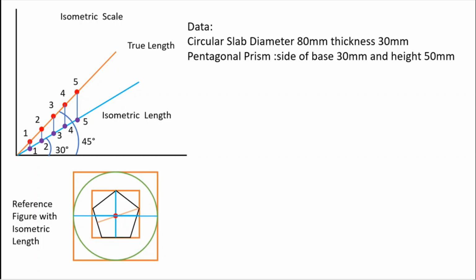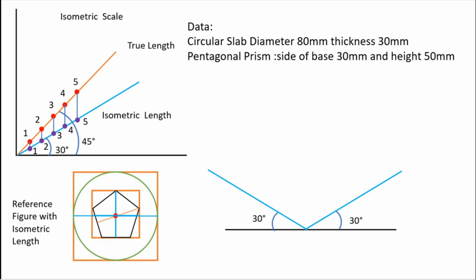I begin the construction by drawing horizontal and drawing the isometric axis inclined at 30 degrees on either side. Now, from the reference figure, I take distance on my compass. Along the x-axis, I take the distance and I transfer it along one of the isometric axis. Along the y-axis on the reference figure, I take distance of the outermost square, and transfer it onto the other axis.